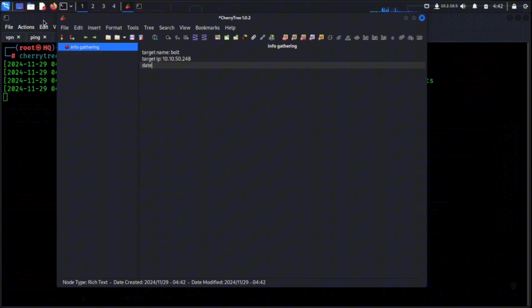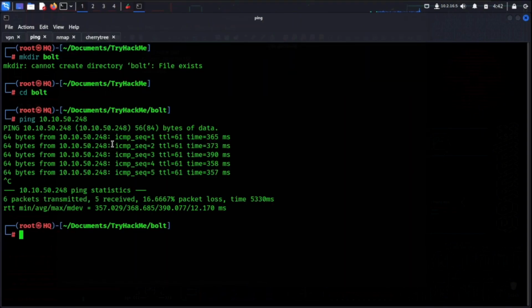Date. Today's date is, I honestly don't know. What's today's date? 29th of November 2024. Yeah, my name. I just have to put my name there, T0F4. For the information gathering, I can also throw in the ping I ran on the machine